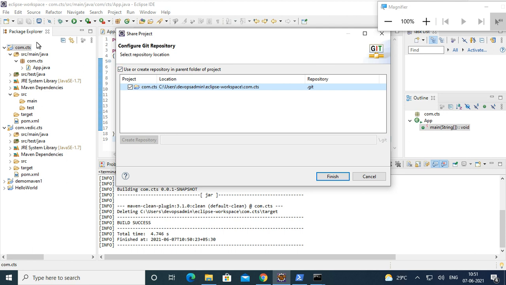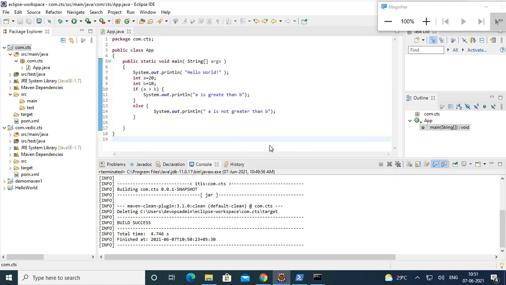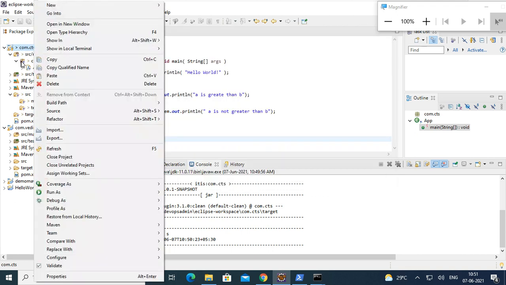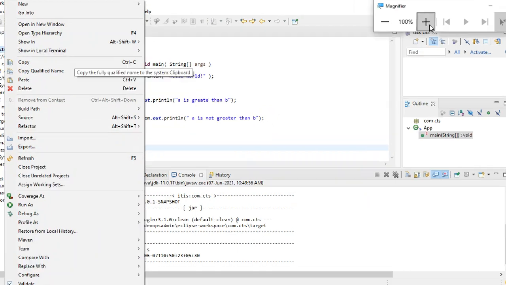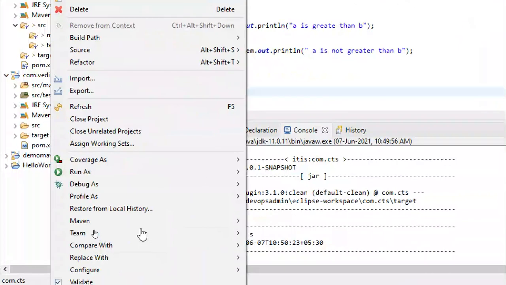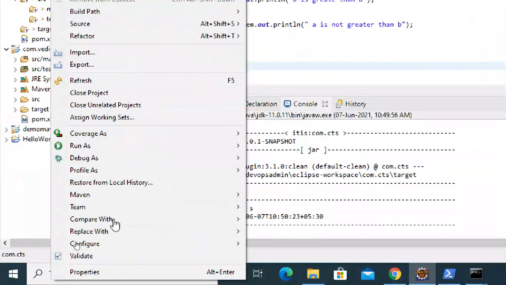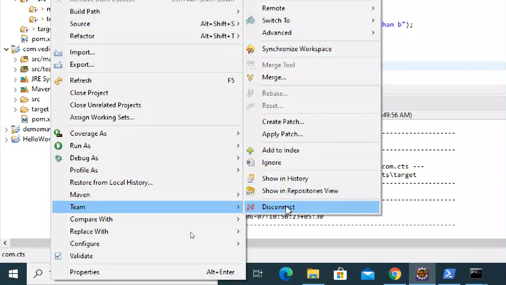Very simple. I use Team and then Share Project, then I select this one, create a .git file, Finish. Now the question mark is showing here. Compare with, replace. See, new options have come.